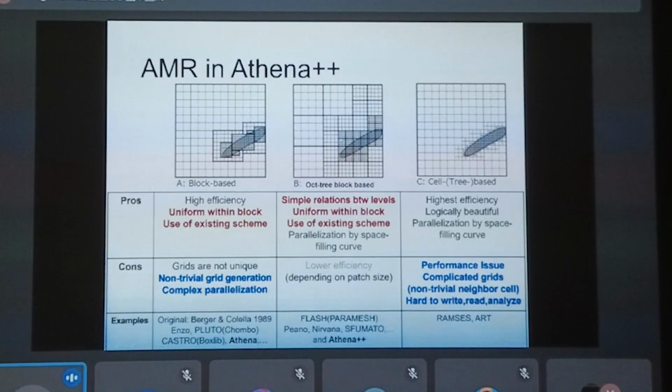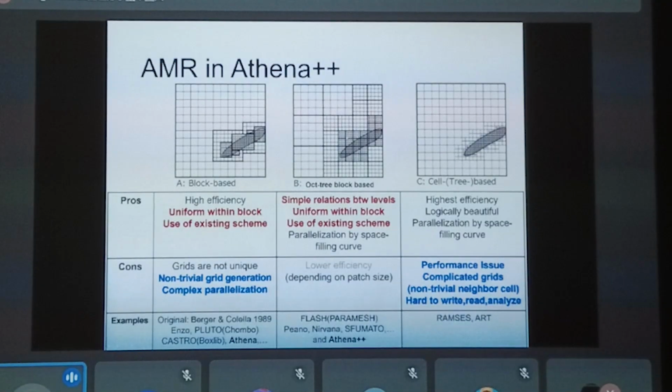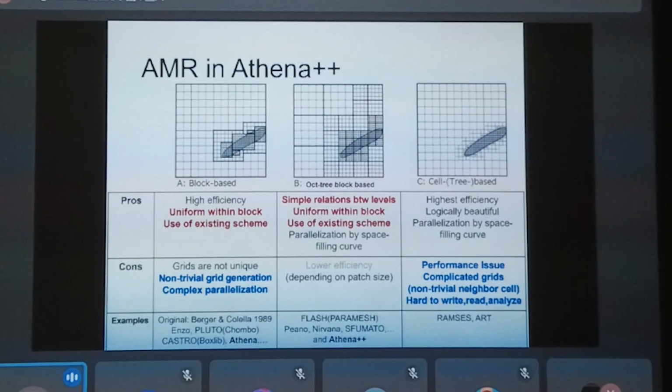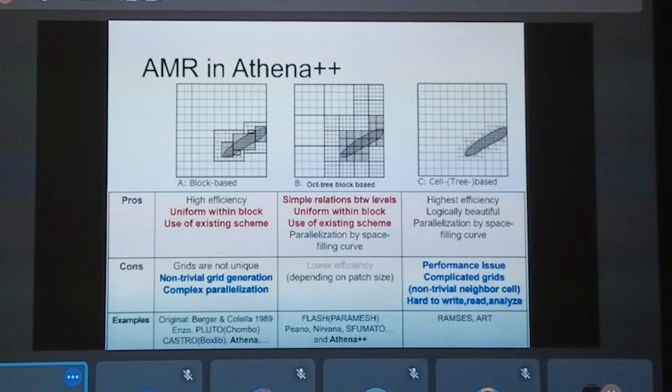the benefit is, again, high efficiency. Within each mesh block, we can use the same existing scheme because it's just a uniform grid. But the advantage compared to the first design is that the communication pattern is much simpler, because every time, the relation to the lower level or higher level is either one or two finer blocks, or same level, or coarser level blocks.